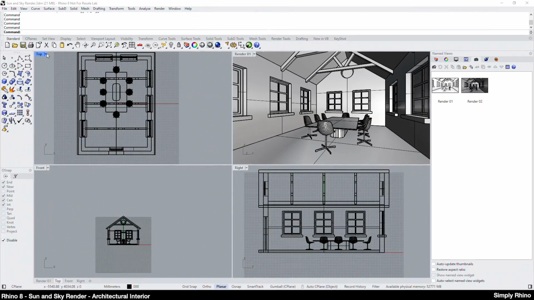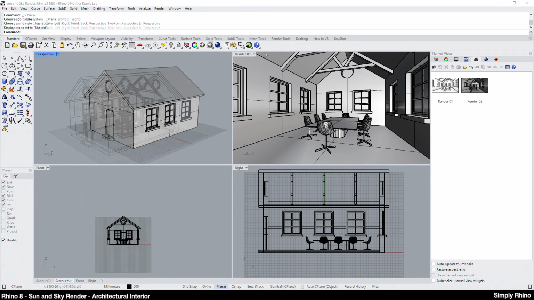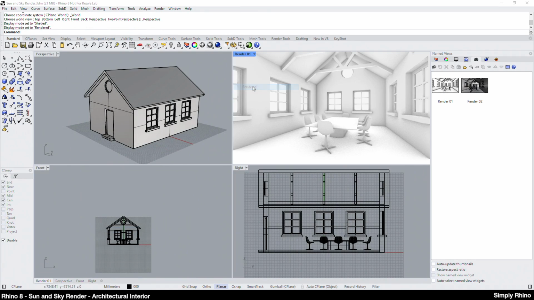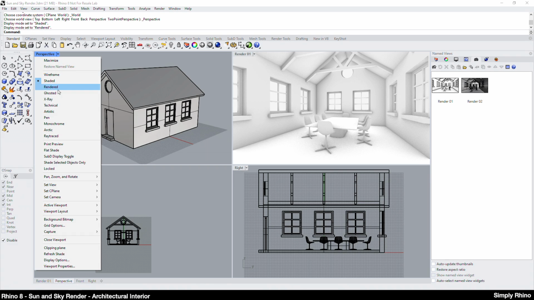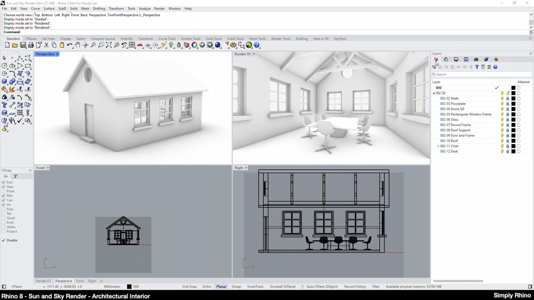Let's now look at applying some materials to our scene. I'll change the top viewport to perspective and switch to the rendered display mode in both the interior and perspective viewports. I'm going to start to apply some basic materials. So I'll go back to the layer palette and unlock all of these layers, and then let's look first at